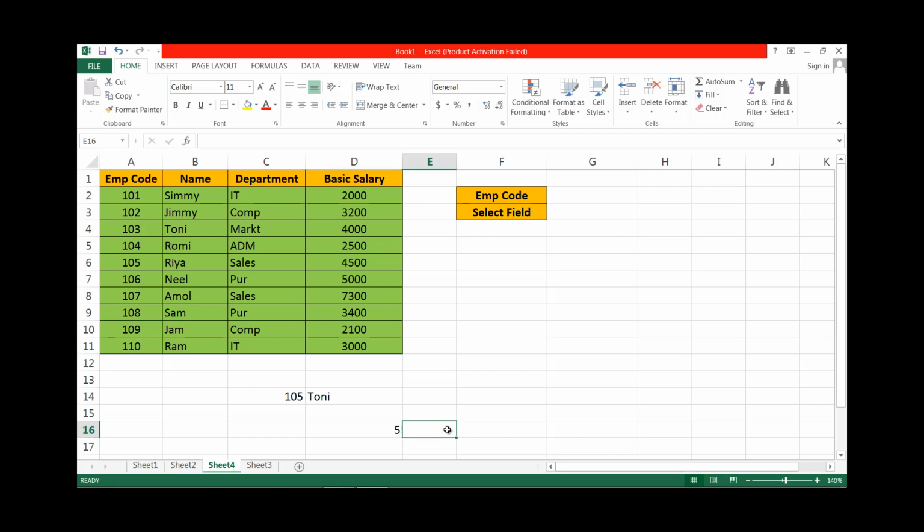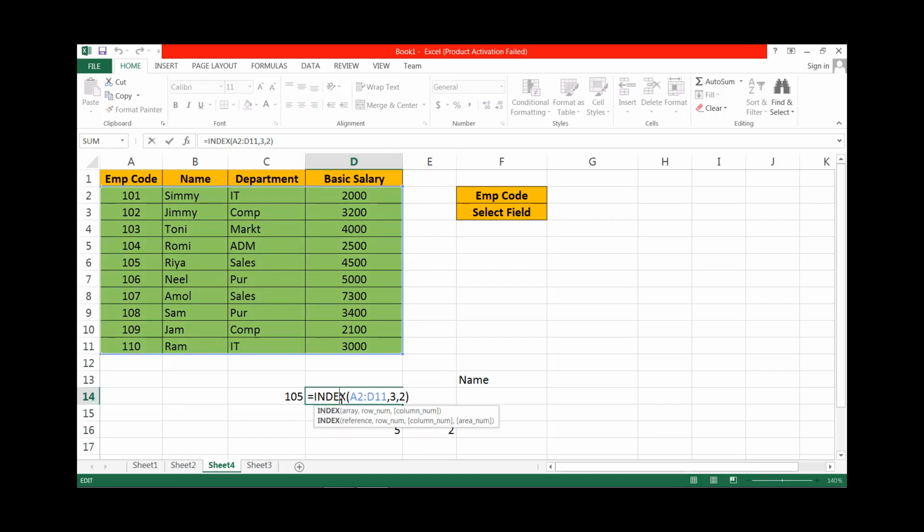Suppose we want a column number. Then use match. The lookup value is, suppose, again I select this cell. The lookup array is the column headers for horizontal, and the match type is exact match. Now suppose this column has the value name. Then the index of name is 2, because I have selected this array. Therefore name is at the second index. Then instead of this fixed value we can simply use the match function.